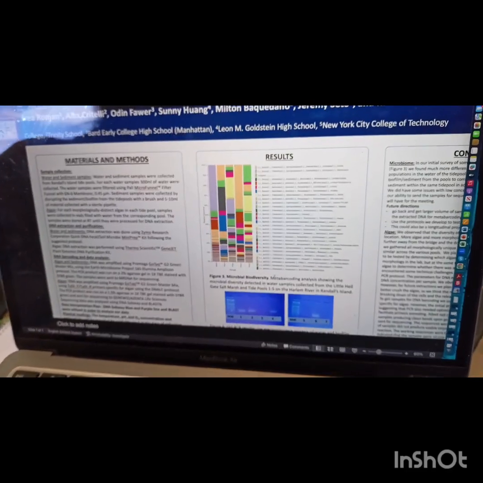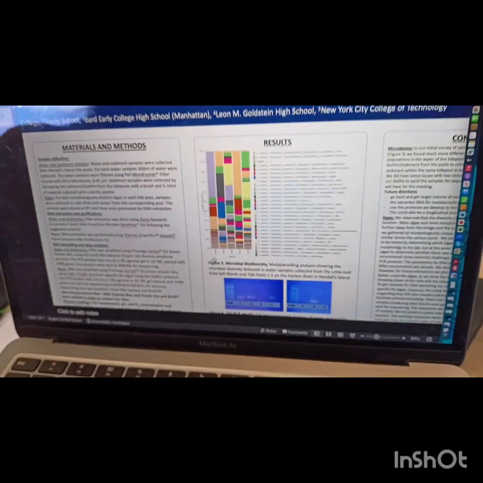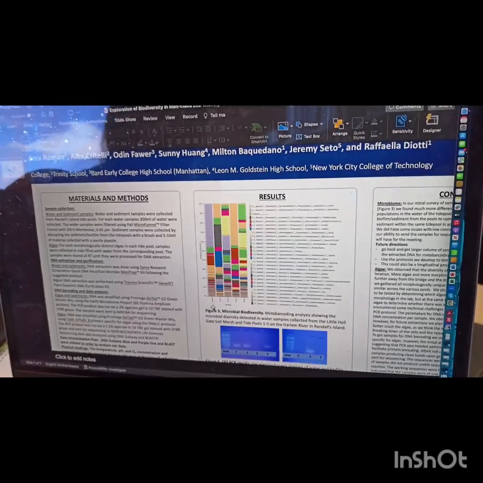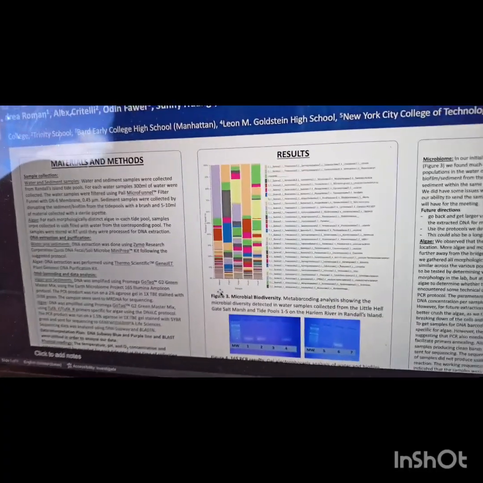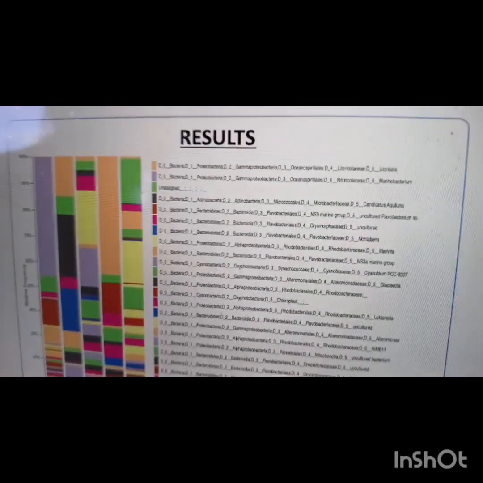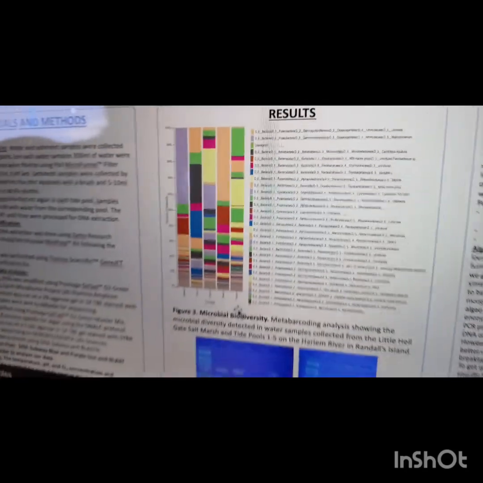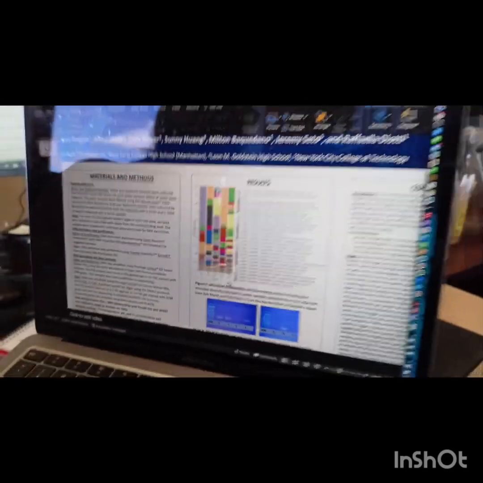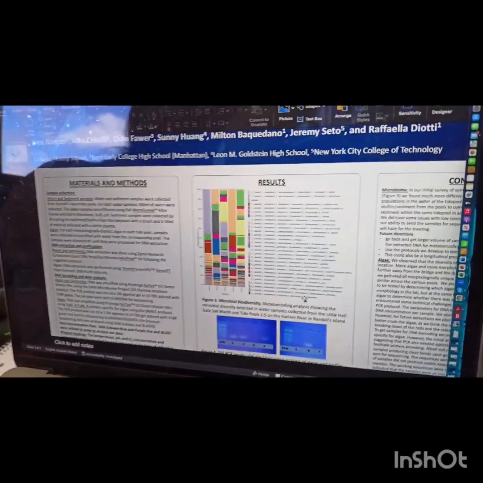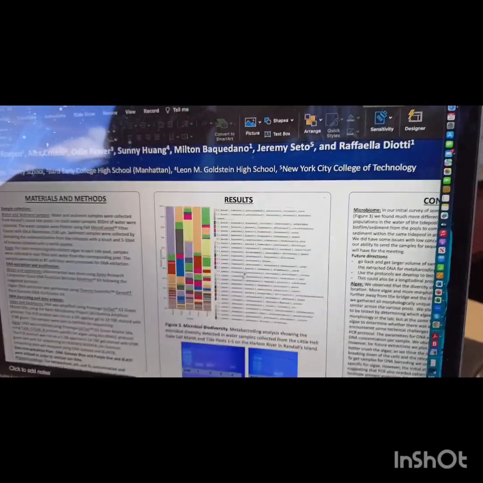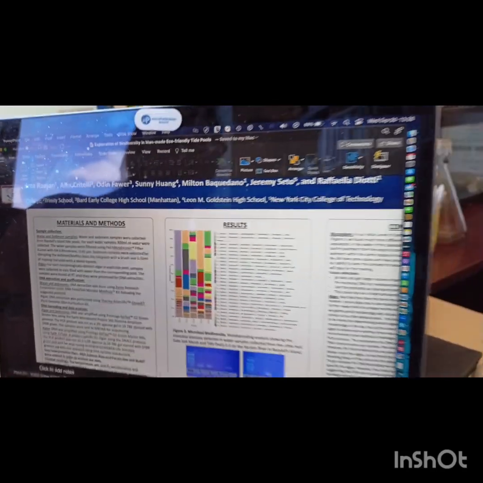Then for the metabarcoding, we don't have any control, obviously. We were thinking about getting water from the river if we had the money, but this is from different tide pools, and eventually we're doing tide pools and the biofilm. You can get a lot of information. It's not down to the species, but you can see the main groups of bacteria and what percentage of them is in different samples. And again,